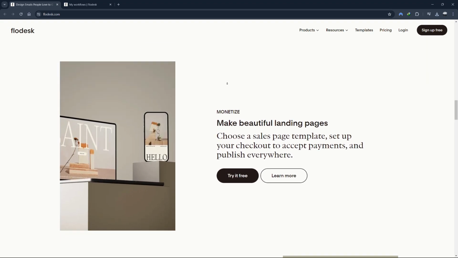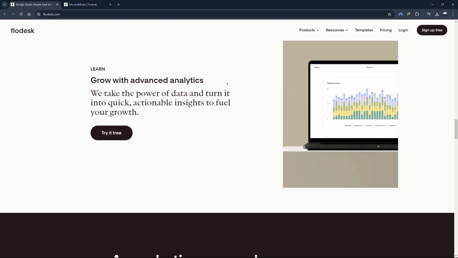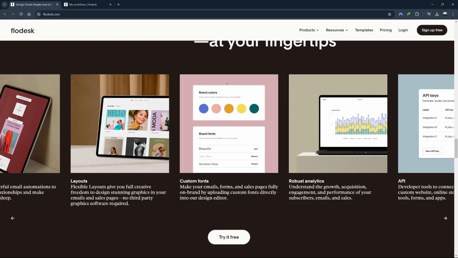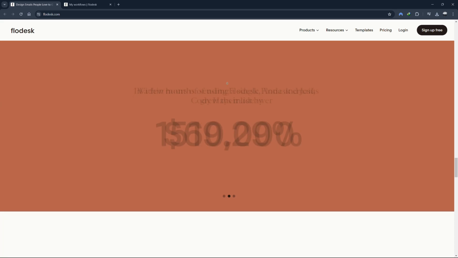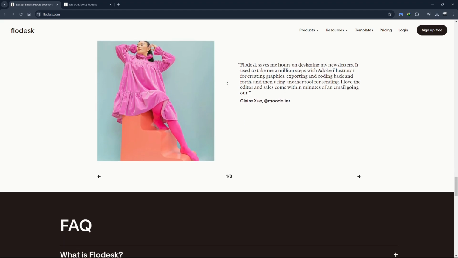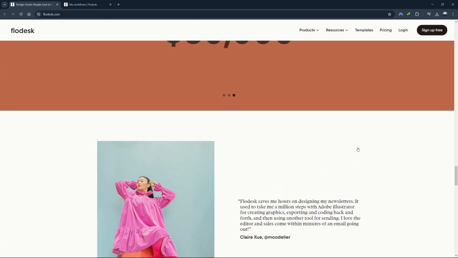Flodesk is a powerful email marketing tool that allows you to create beautiful, high-converting email campaigns with ease. The platform is known for its user-friendly interface and advanced design capabilities, making it a popular choice among marketers and small business owners. Today, we'll focus on how to set up automated workflows, design stunning emails, and manage your audience